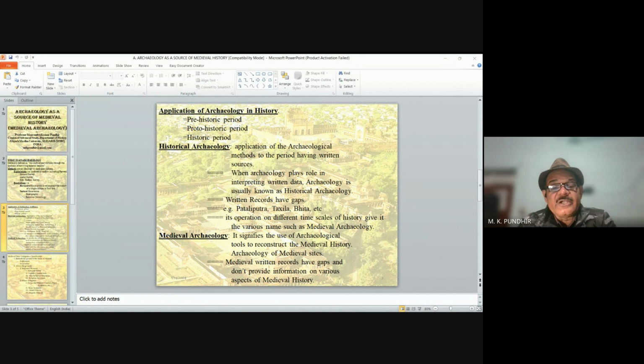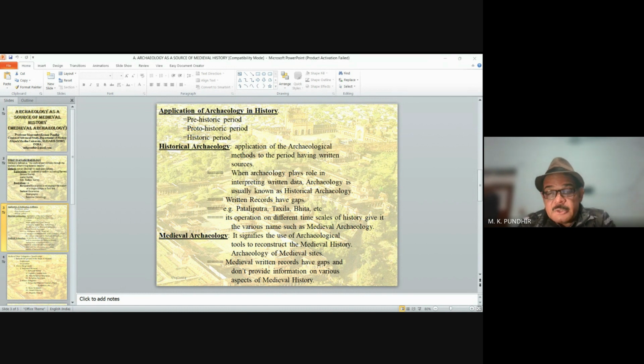Another set of scholars say this medieval archaeology is a coming up discipline. And medieval archaeology is generally defined as the application of archaeology to medieval sites. Application of archaeological tools to medieval sites. Now the question arises, why do we use archaeology for the medieval sites? Since